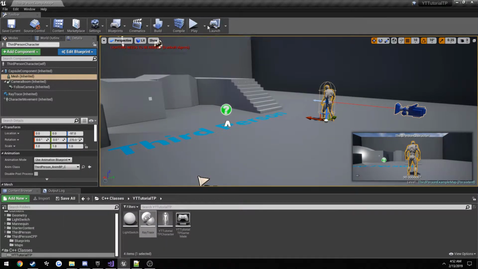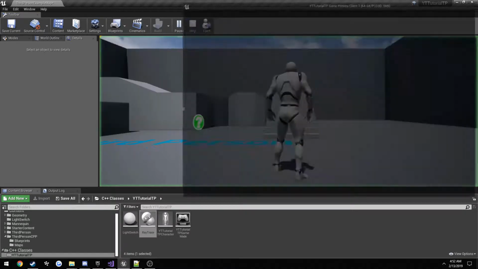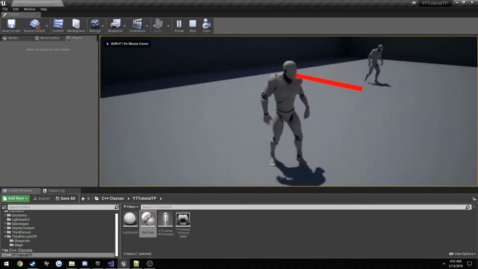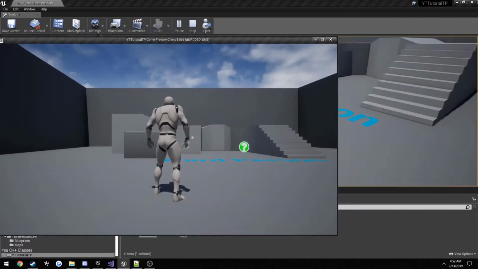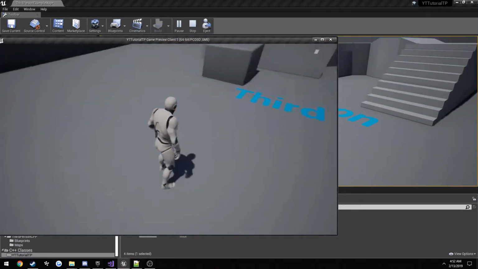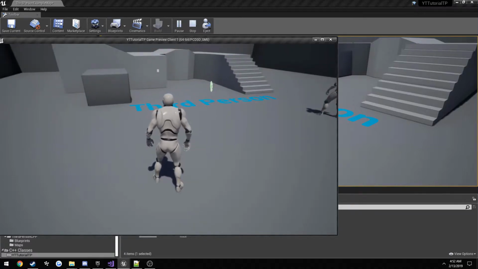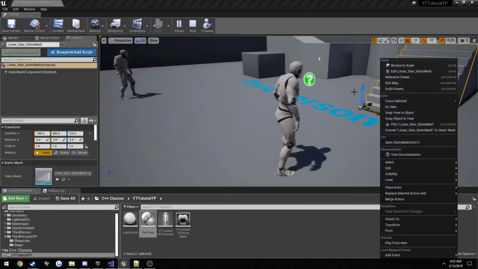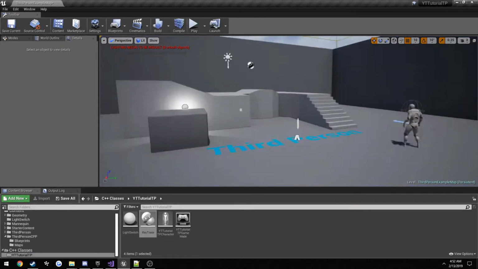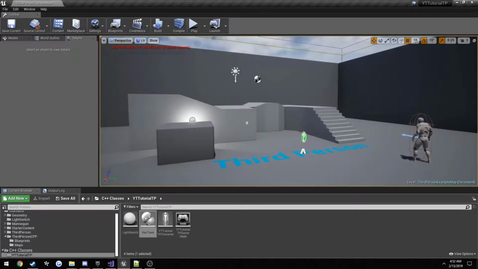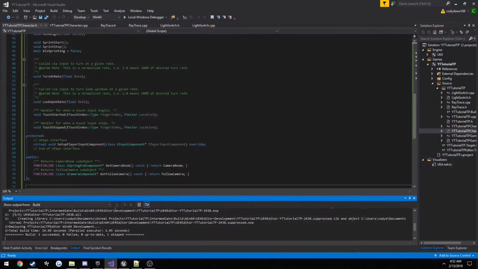So now you might think it will work. Well, it's actually not going to. As you can see on the server, it's working just like normal. But our client, even though he has the component on him, as I press E, I press F8 and go to him, he has our component here. It is not working because we need to add a little bit of a delay. I'm not sure what the actual reason is, but for clients,